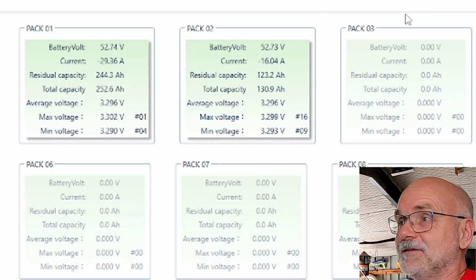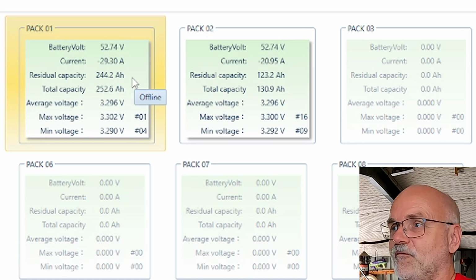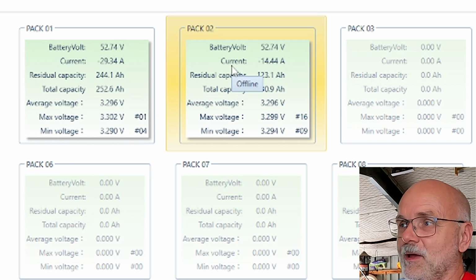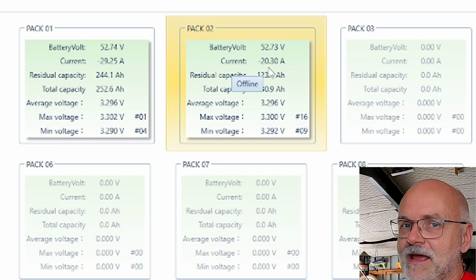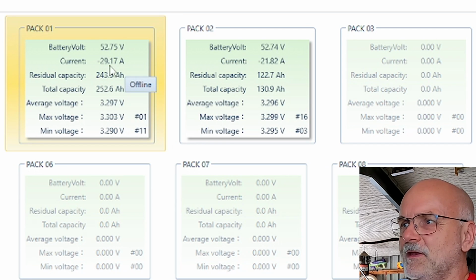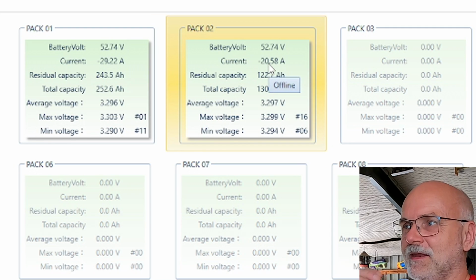So after 10 minutes, I'm already back. And I want to show you something interesting here. So this is the big battery, 280 ampere hours, and it's delivering 29 amps to the inverter, while the smaller battery with 135 ampere hours delivers only 17 amps. And because the current is going up and down, you can see it's changing all the time, but this one is fairly stable with 29 point something amps, and this one goes up and down depending what the inverter